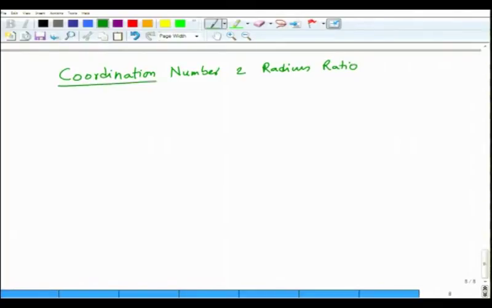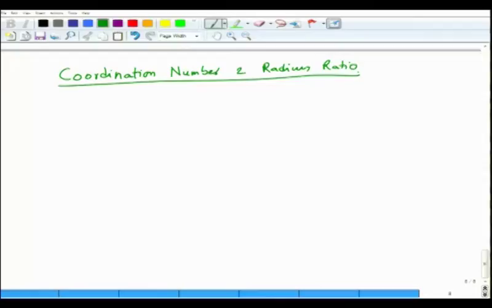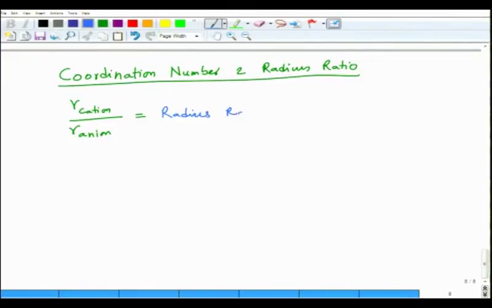So to make stable structures following the above guidelines, where cations and anions must touch each other, and there should be the maximum possible neighbors, you basically need to calculate what is R cation to R anion. This is called the radius ratio, and this radius ratio will determine how many nearest neighbors you will have, which will make a stable structure.